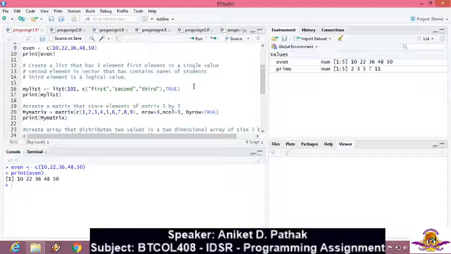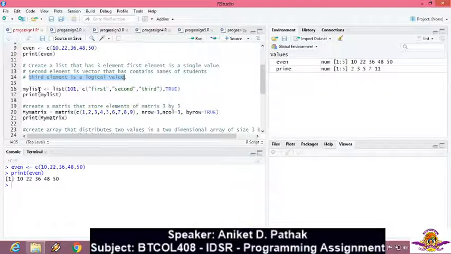So to demonstrate that, I have written: create a list that has 3 elements, out of which the first element is a single value, which may be any constant value. The second element in the list would be a vector that has the names of students. The third element would be a logical value, which is again a data type in R, that is TRUE or FALSE.